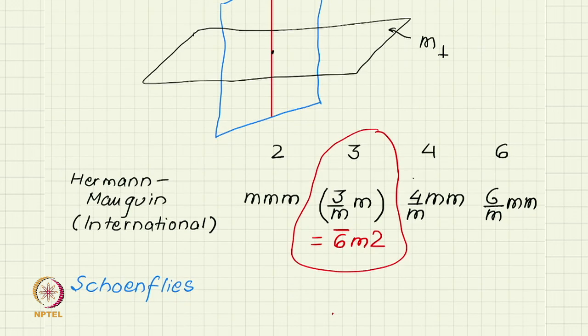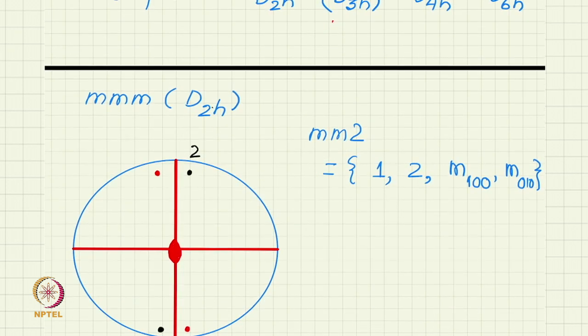The corresponding Schoenflies notation for these groups is D2H, D4H and D6H. In fact, in Schoenflies notation, this case 3 also appears as D3H, but we will not talk about it in this video. So, let us try to develop the first one,